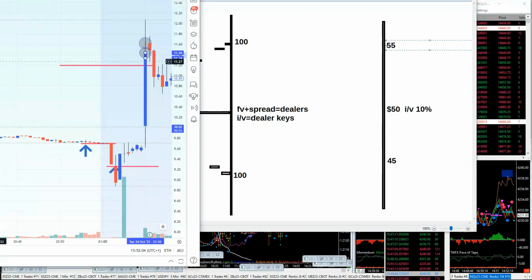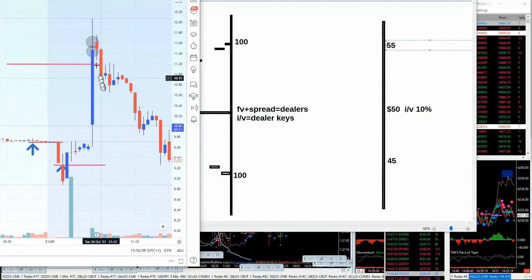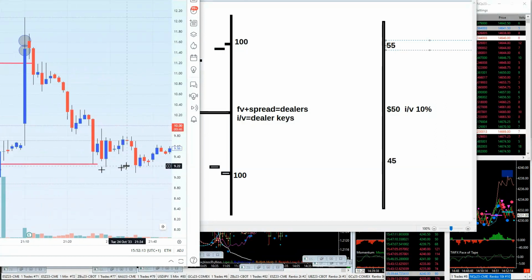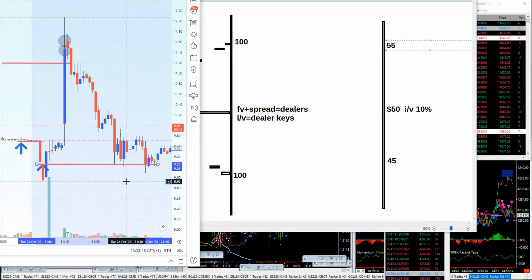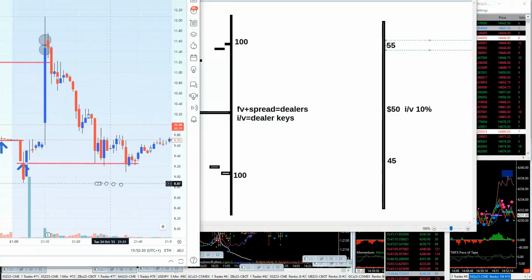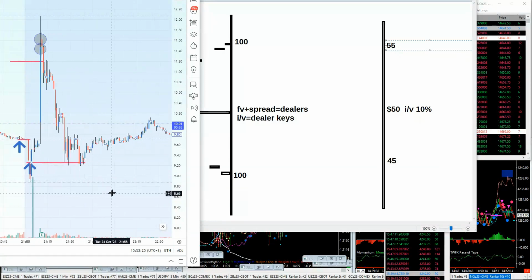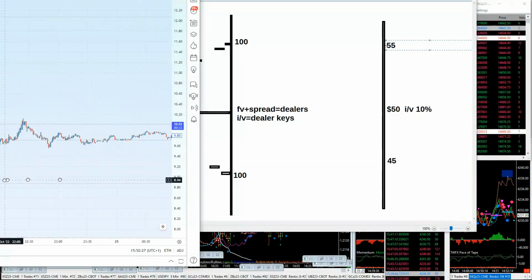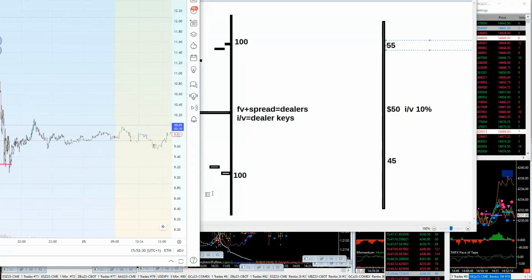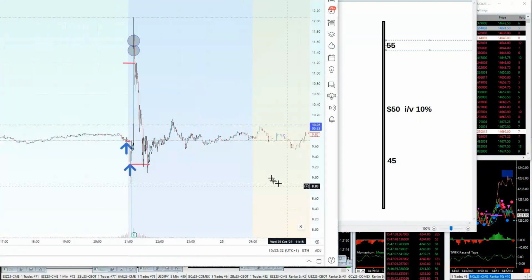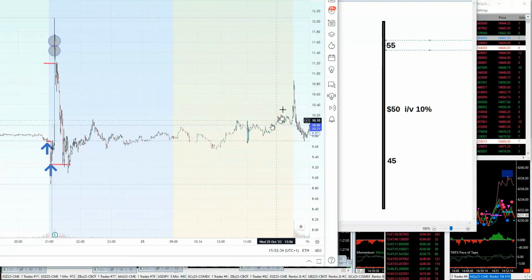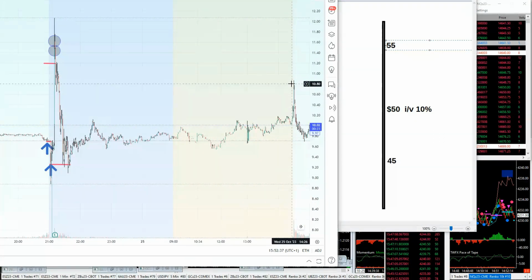So again, it's just about putting in the right trade at the right price using the dealer keys, because you can see it dropped all the way back down to the actual bottom edge here. So you could have mopped up some more Snap in that bottom edge price if you wanted to. It's not my style. I'm not a buy and hold investor, so I just want to take the spike and get out. But you can see if you bought some more at $9.20, you've had a reasonable good start to your day, because if we look at what happened to Snap on the pre-market, you can see Snap actually gave you a nice spike back up to $10.80 again.